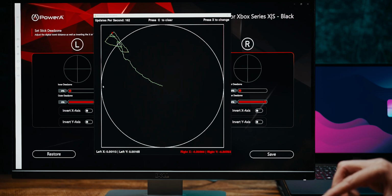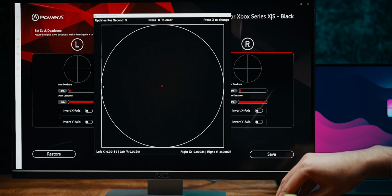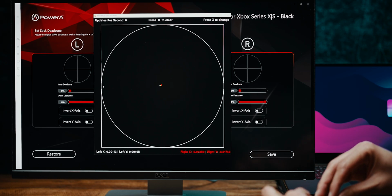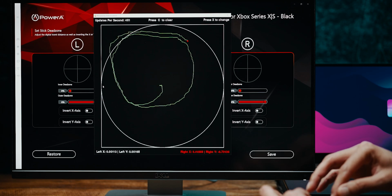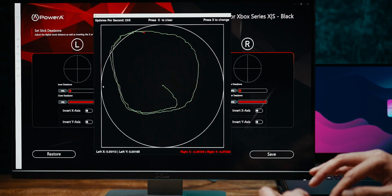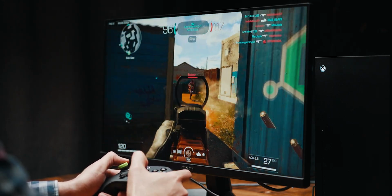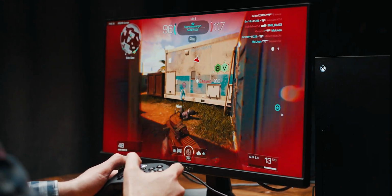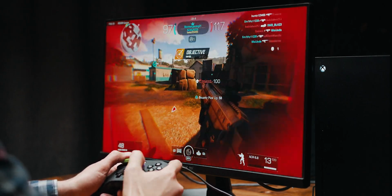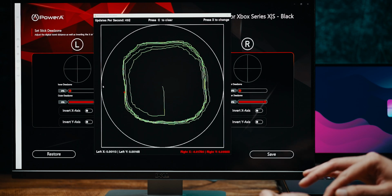We have so much of that extra register that's actually on the controller, and it does feel like even if I do the register within the 100%, you will see that it's not a circle. We have those extra diagonals that this controller makes. And I've said this in my original review as well, this does feel very hyper responsive. So here we have the center, and you will see the diagonal pushing a bit